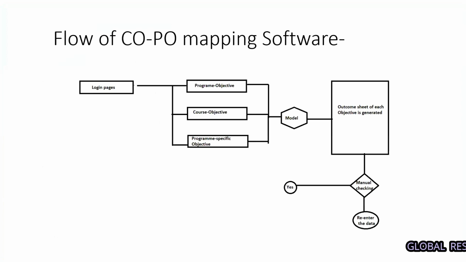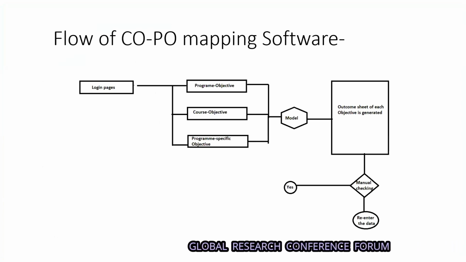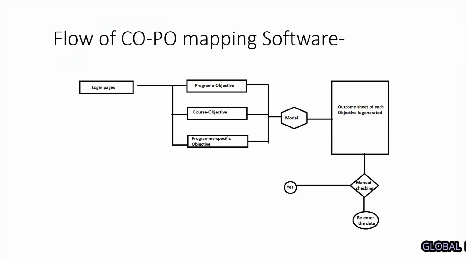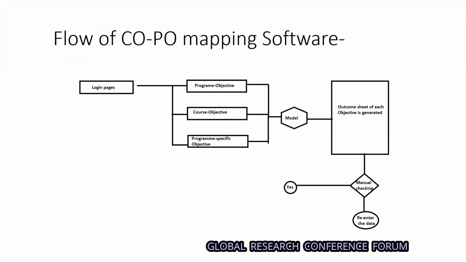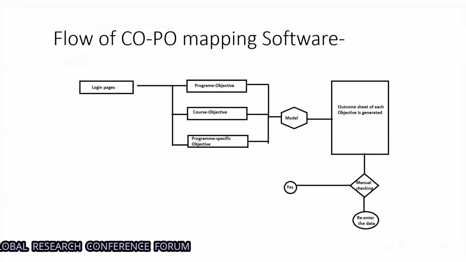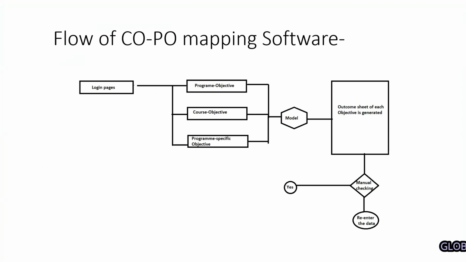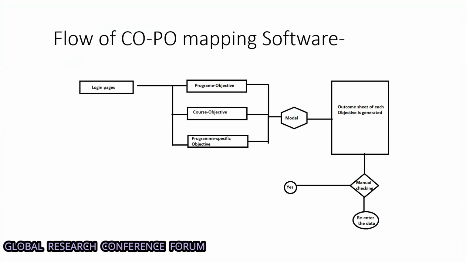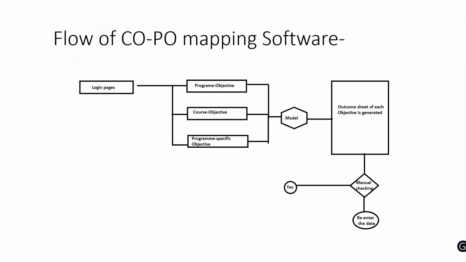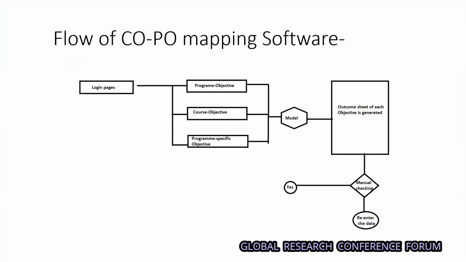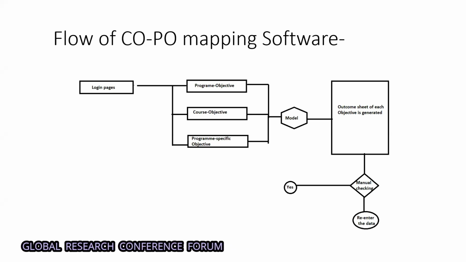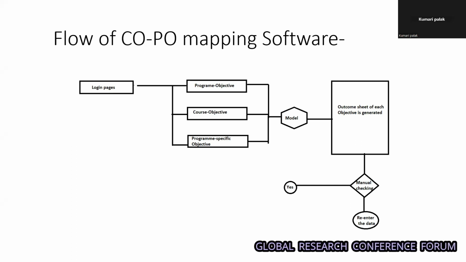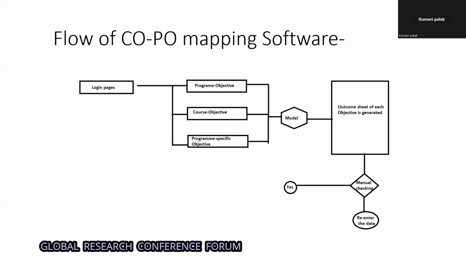So what is the current flow, like how the flow of our software is currently going? It looks something like this. As a user, a particular faculty member, you just have to log in, and similarly you put your COs and POs in an Excel sheet. Instead of that, you can put it in the software. POs are already defined for the program, so after that you just have to check them. Okay, these are the POs which are correctly defined. Next, you have to add the course objectives for a particular course, which are already defined, but you just have to check them, like okay, these are the correct sentences and the correct COs, so we can move forward. Next we have to enter PSOs, and all this is fed into our model,